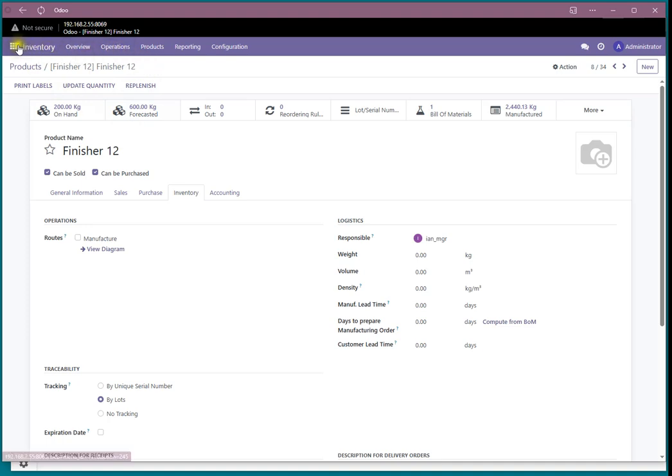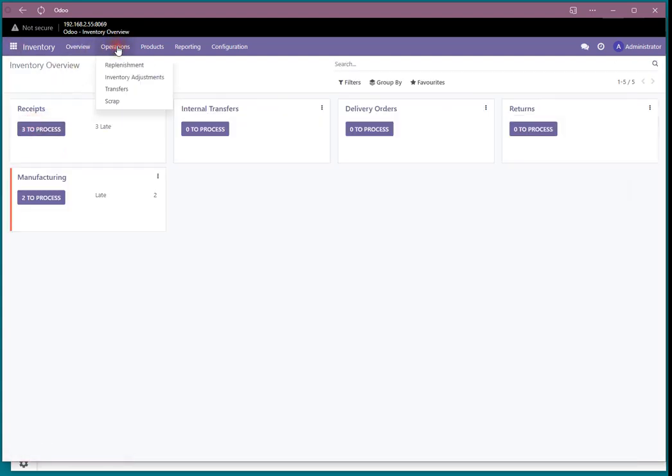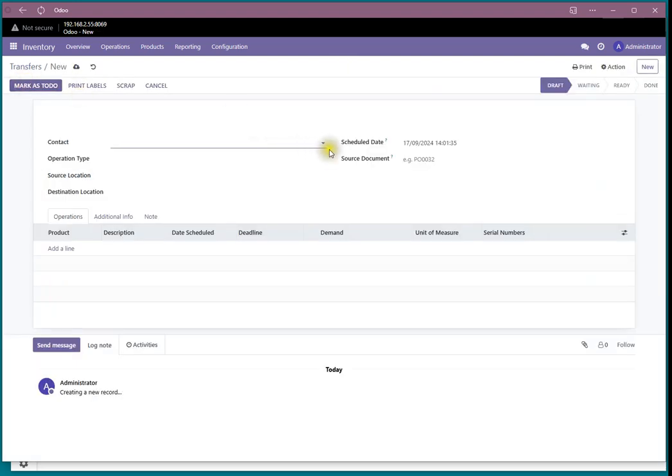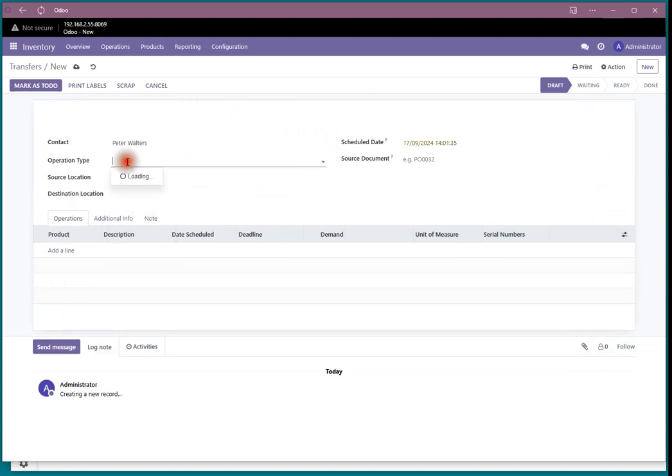So we're already in inventory, so I can go to operations, transfers. These are all the transfers I've had recently, so I'll go to new transfer, contact, well, put what you want in there. The operation type is going to be receipt,